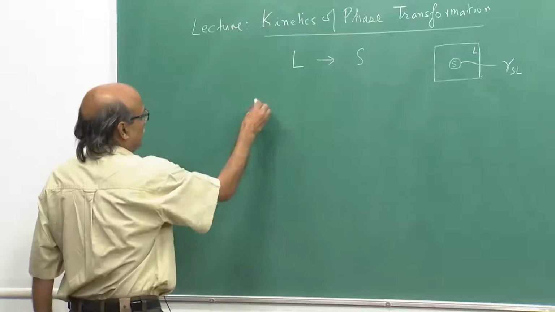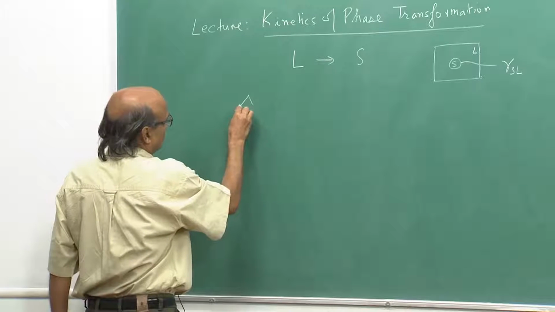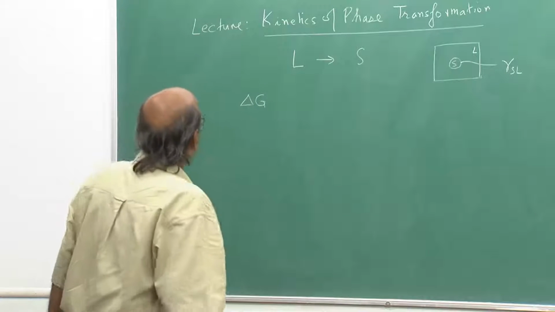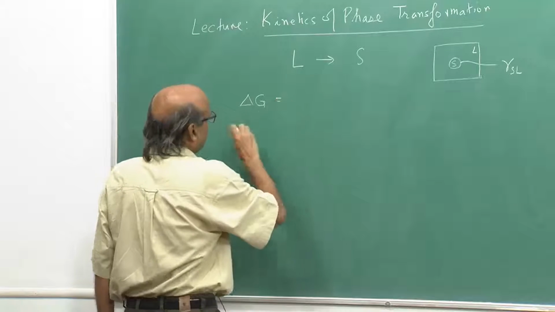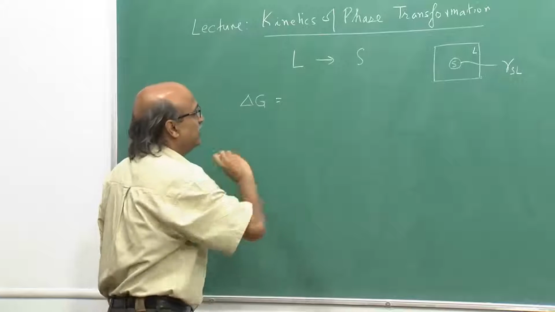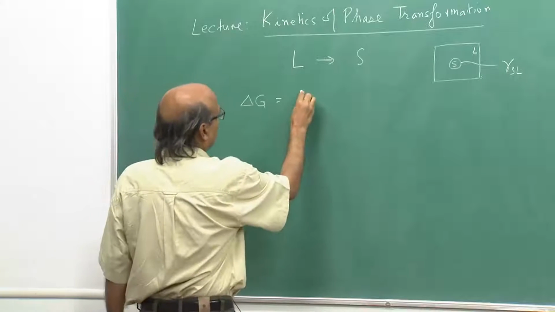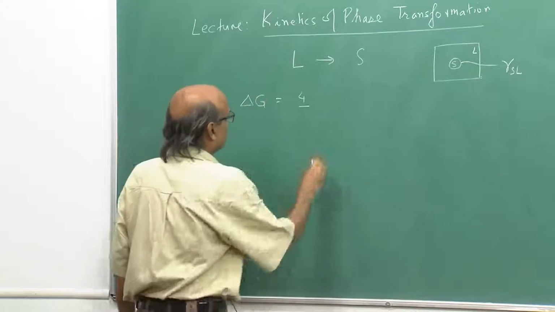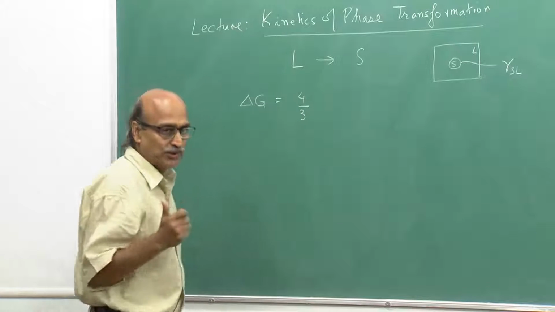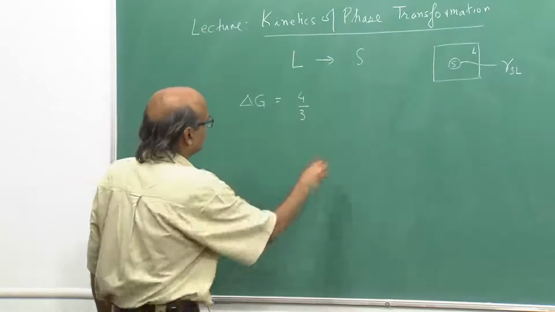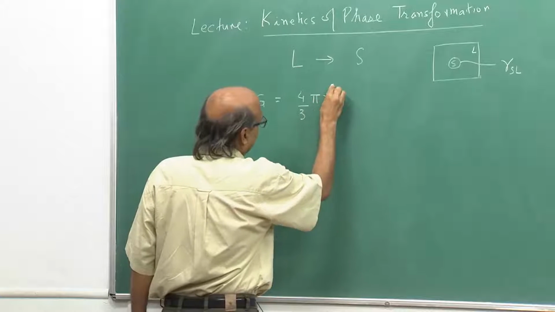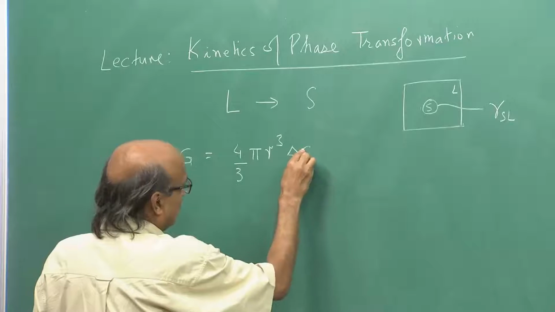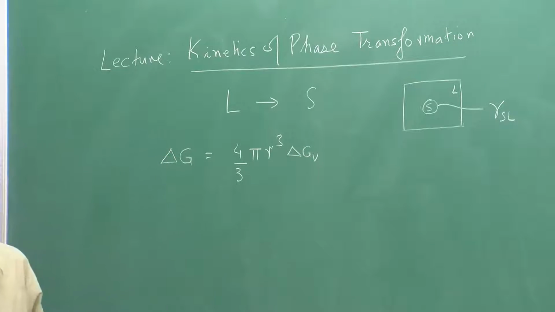You have been introduced to this relationship in your earlier lectures, that the overall change in free energy is given by the change in the free energy produced by the transformation from the liquid state to the solid state, a small volumetric region. And let us say if this nucleus that forms is a spherical nucleus of radius r, then its volume would be 4 by 3 pi r cube multiplied by the change in free energy per unit volume,